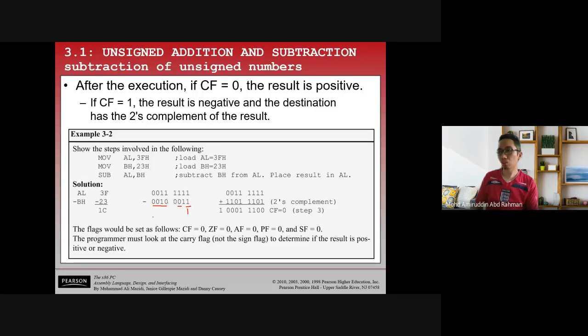Okay, so first, sorry, you invert the number and then you add 1. Right, so it will be 1. So from here it will be